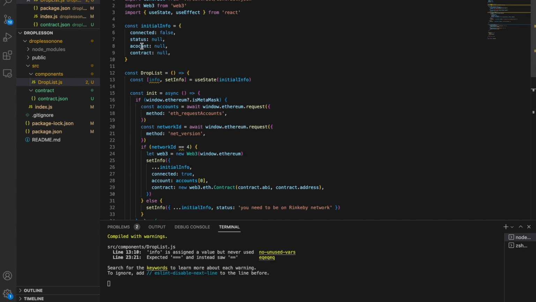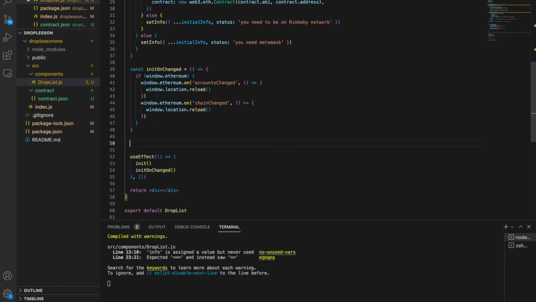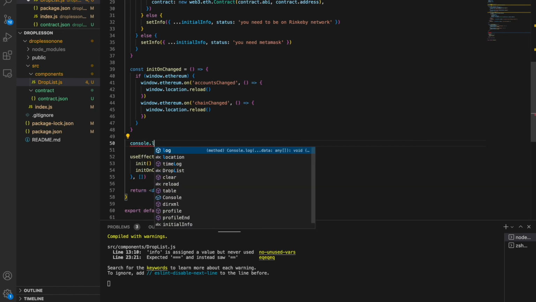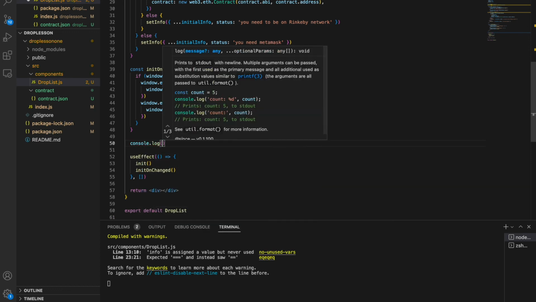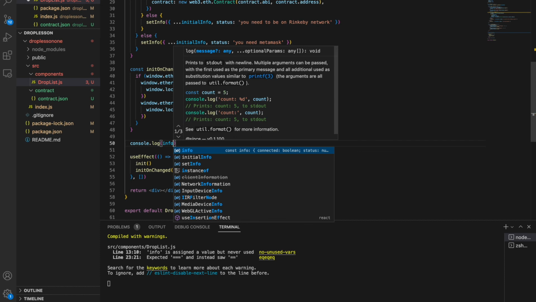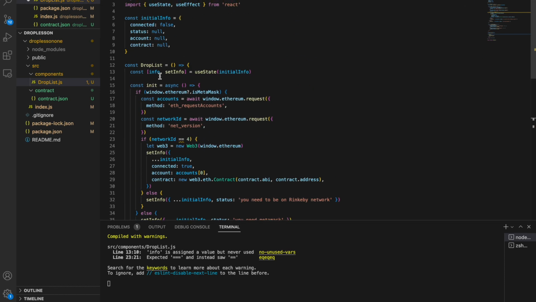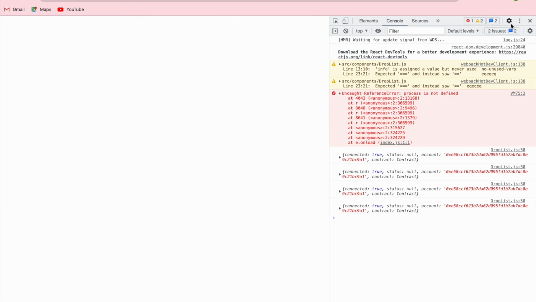Then I noticed, guys, here we have a typo. It should be an account, right? So account, oops, account. Save it again. Cool. Then the next step, we want to console.log. Let's console log the info, wherever everything is saved, and then we save it. And if we go back to the browser,